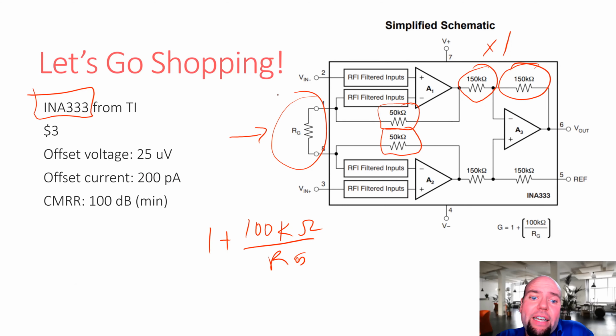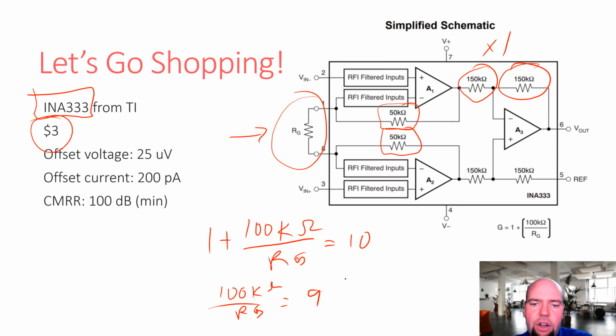Let's say we want a gain of 10 for this. We bought this, we ordered it, it cost $3. We want to use it to get a gain of 10, differential gain, basically infinite input resistance. How would we do that? So we want this to equal 10, which means 100 kilo ohms divided by RG equals 9, which means RG